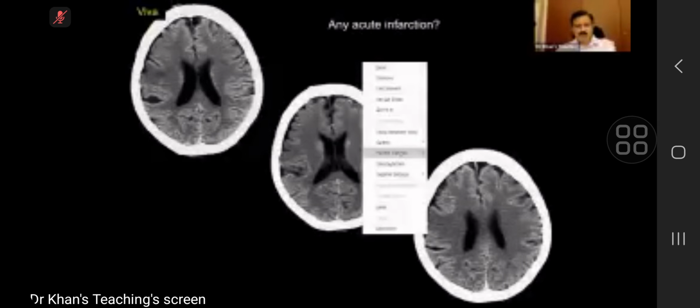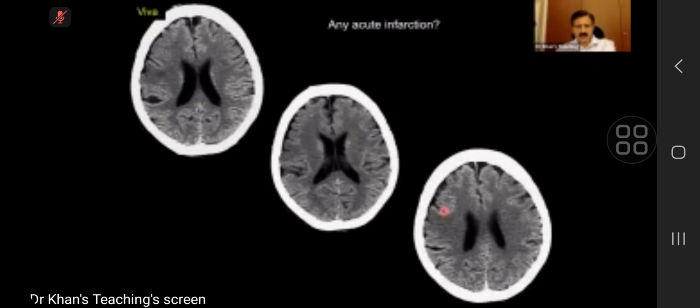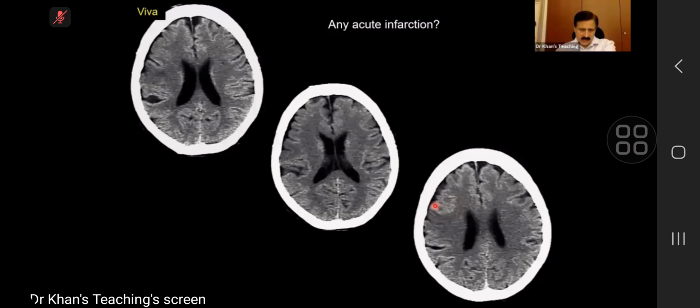Okay. So if you see here, look at the sulci, and the gyri are high density, so these are high density because that is gray matter. And at this location, we lose it. At this location, we lose the gray-white matter differentiation, and again here. So